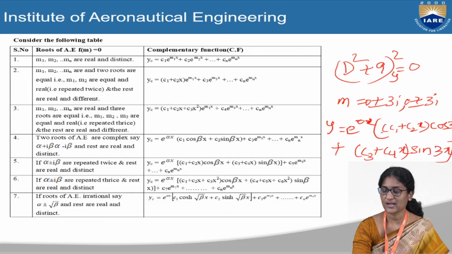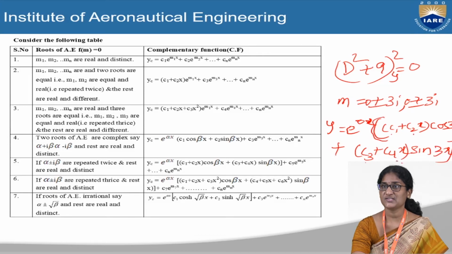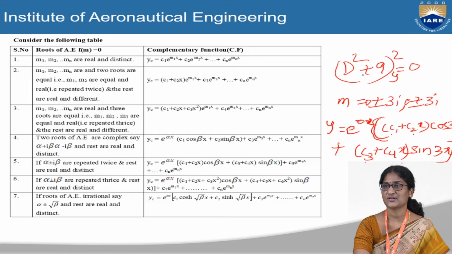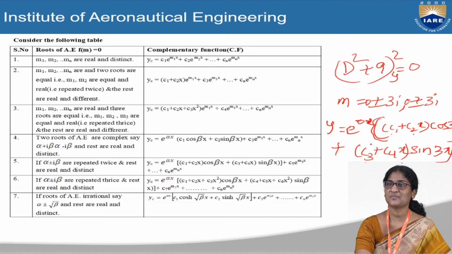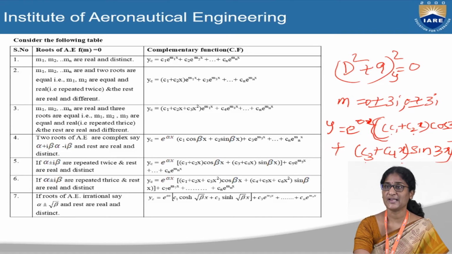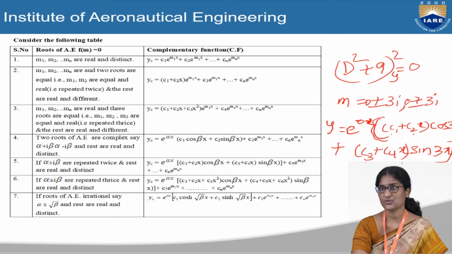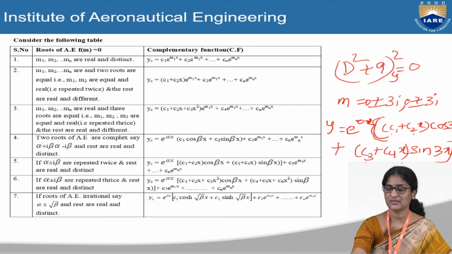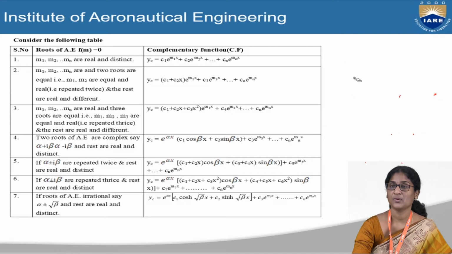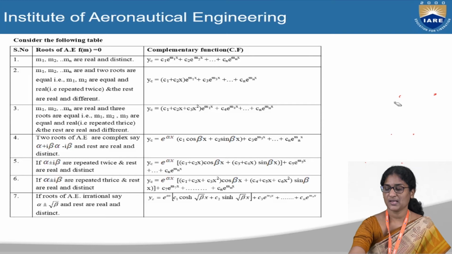So totally how many constants are we getting here? C1, C2, C3, C4, which is equal to the order of the differential equation. Remember that the number of constants should always be equal to the order of the differential equation, and this is the best example when the complex roots are repeated. The complex roots are 3i, repeated twice, and minus 3i, repeated twice. Now the last variety: suppose the root is a surd.